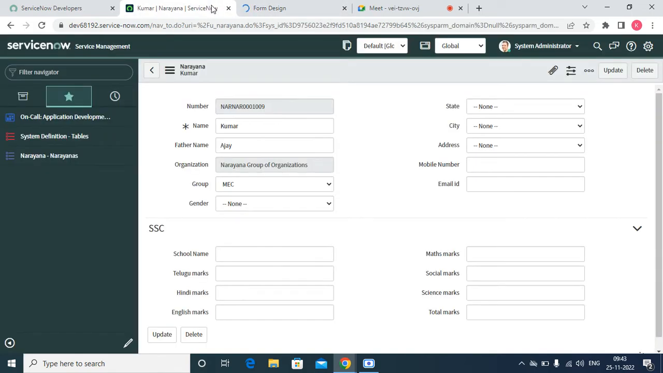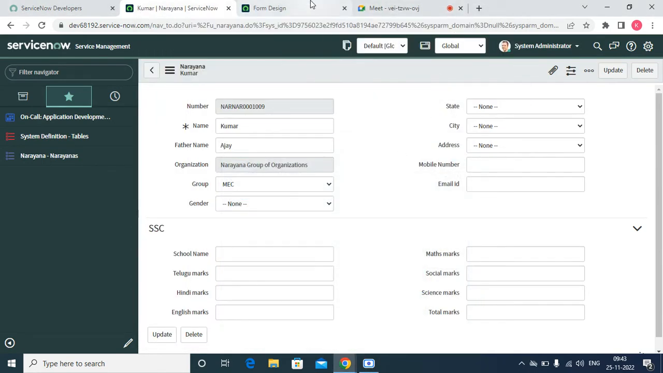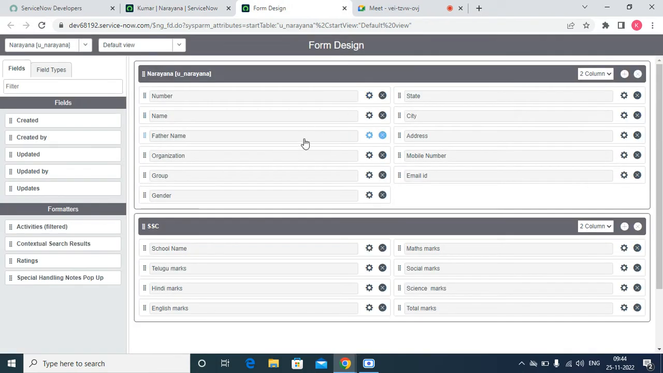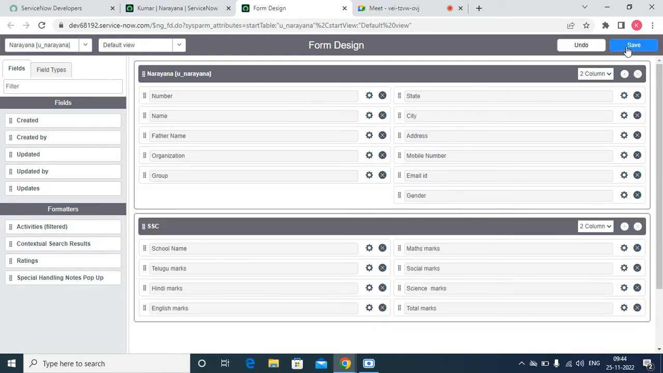The form layout, from the fields we create, this is the correct way. And the form design, what we are doing is also the same thing. So this is the form design. If you want, you can modify. For example, I just want to modify here. And if I save this,